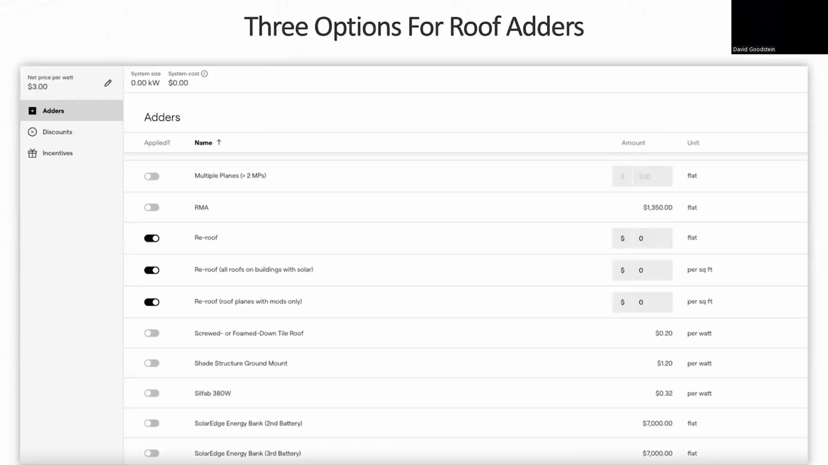The second checkbox is a price per square foot for all roofs on buildings with solar. So what you're telling Aurora here is there may be additional buildings on site or a detached garage or multiple buildings in the property. You are telling Aurora to price per square foot all roofs on buildings that you're placing